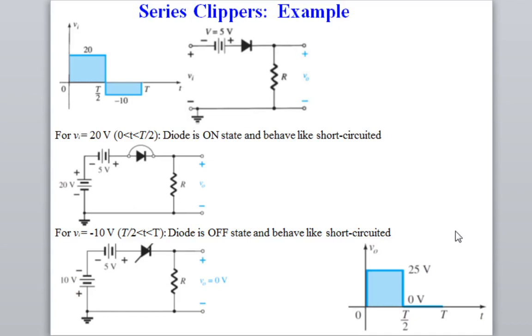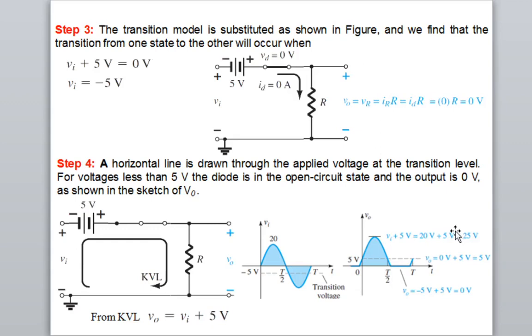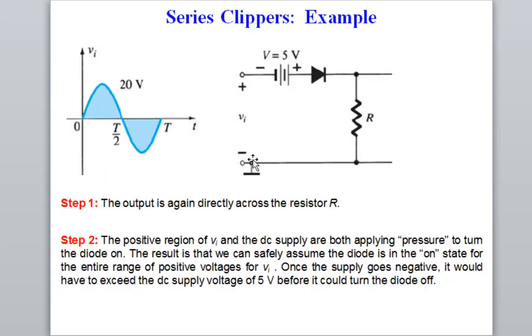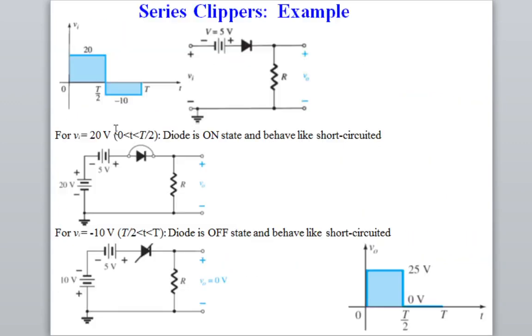So this is another example I have taken. This example I have given for the sinusoidal signal, when signal is a sine wave. Now if you take signal as a square wave, so this square wave, plus 20 volt and minus 10 volt is given, and same circuit I have taken. If you try to analyze the circuit, you can analyze. So this is quite simple.